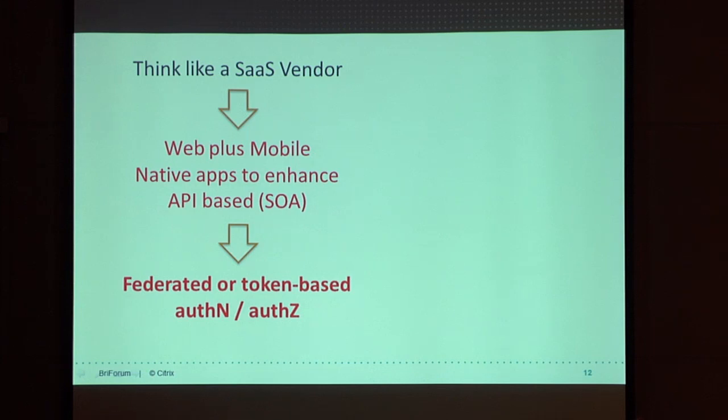And it leads them very naturally to an authentication model that works well for APIs and that can scale. And that model follows what I call the federation pattern or token-based authentication. And actually, it's not just authentication, it can do authorization as well. And that's sort of a standard pattern that's emerging.